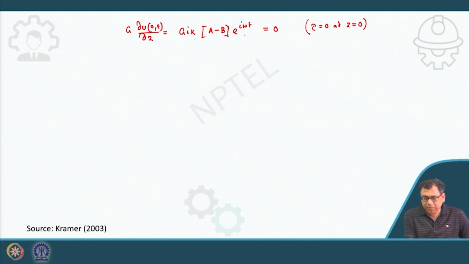This whole term is 0 only if A is equal to B. It is satisfied if A is equal to B. Now, if we put A equal to B, the response at the ground surface, we can get by using this boundary condition, that u z t is equal to